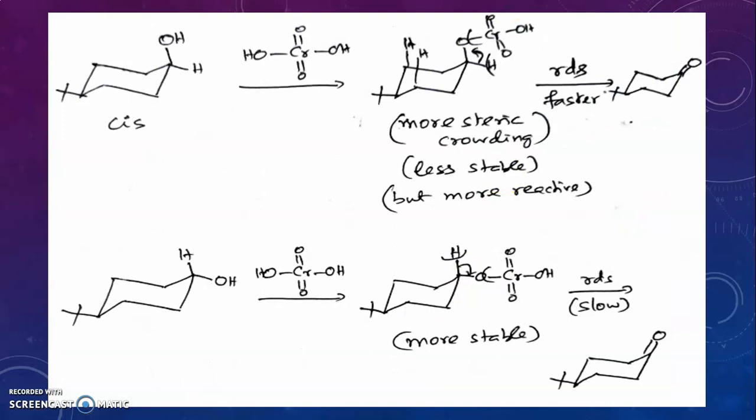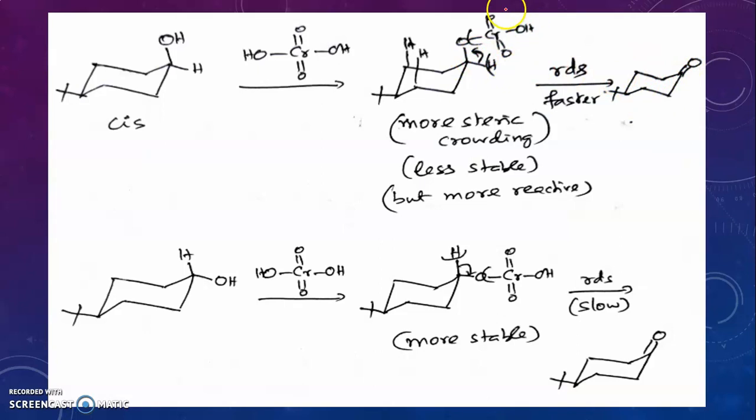listen, in the cis isomer, when you add chromic acid, first it will react with the alcohol and eliminate a water molecule. You will get a chromic ester like this. Now this oxygen attached to carbon has one hydrogen. So the second step is the rate determining step. The hydrogen comes out as H plus, and this bond migrates here, you will get a double bond, and this group comes out. So you will get a carbonyl group here. Are you clear? Now in the rate determining step, see the reactant and the product. In the product we have only a carbonyl group here. If you have a carbonyl group, 1,3 diaxial interactions are absent, so this is more stable, no doubt.